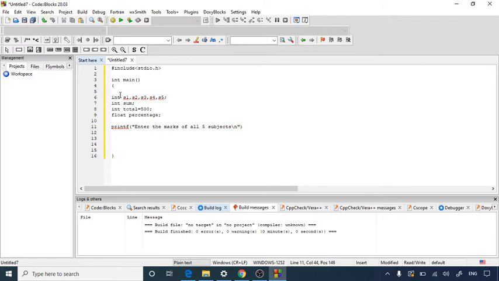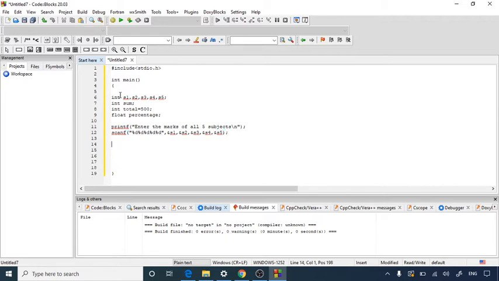We'll put a \n, which is a new line character, and then we will read those values by using scanf. It will be in integer format, so we write %d five times, because these are 5 entities, and after that we assign them to particular subjects. So the first %d is for &s1, then &s2, likewise till &s5. So we have assigned those marks to the particular subject variables.